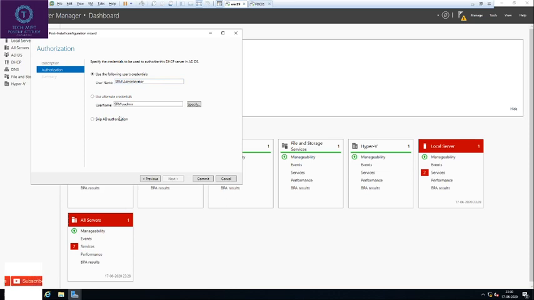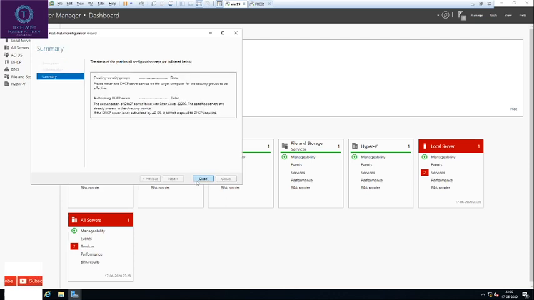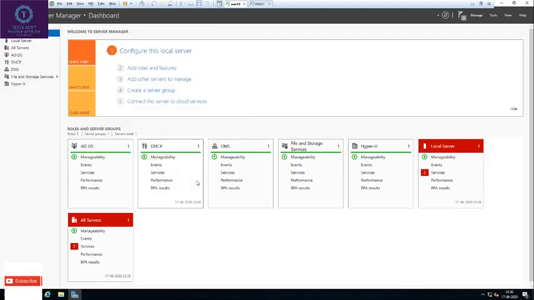It has appeared, but I don't want this user to be used. I want the default user. I will keep the default setting, hit commit and close.